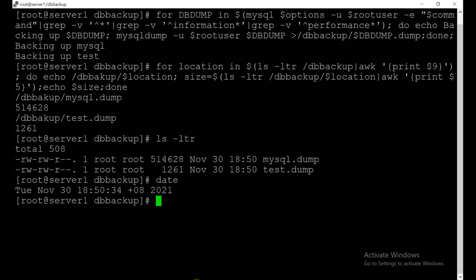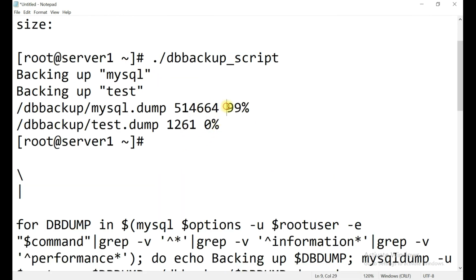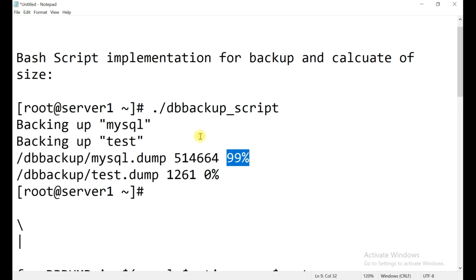So in a similar way you also can calculate the percentage. Okay, so guys, I have given you homework to calculate how you can calculate the percentage of this database size, the percentage of completion. Okay, once you're done, please let me know your experience. If you are facing any issue, you can also message me, you can send your query also. I will try to explain.